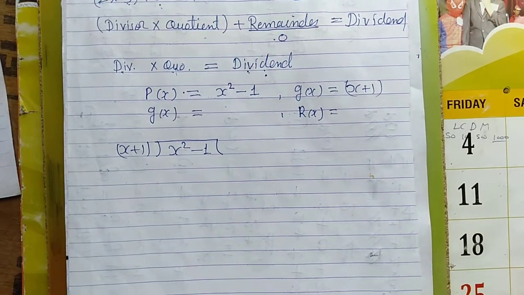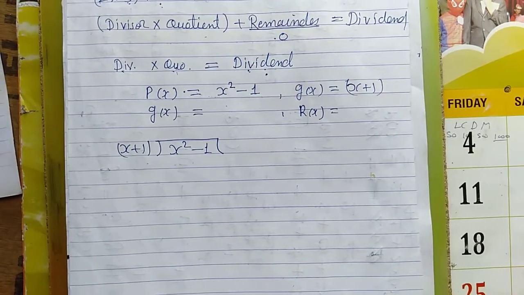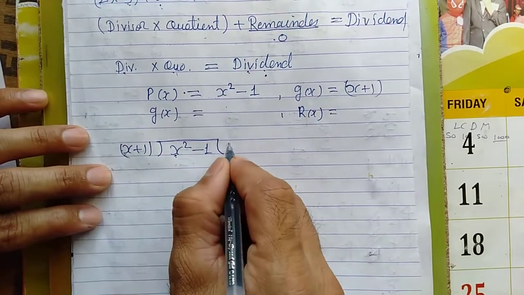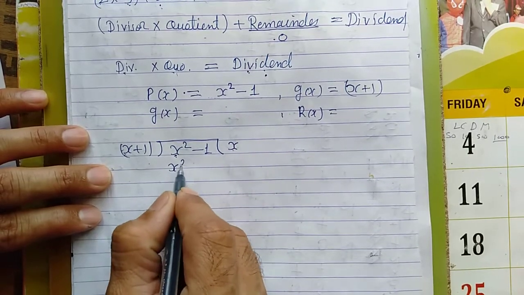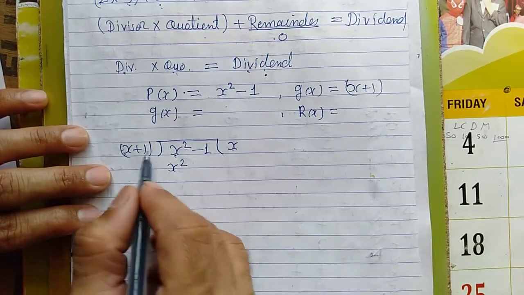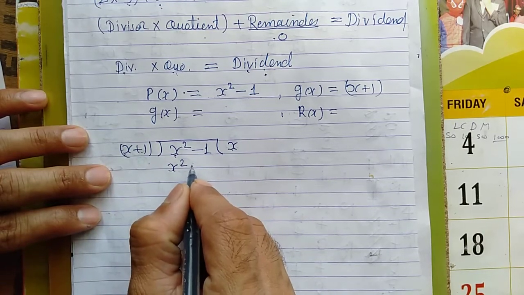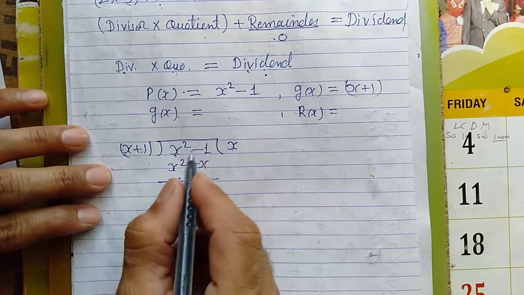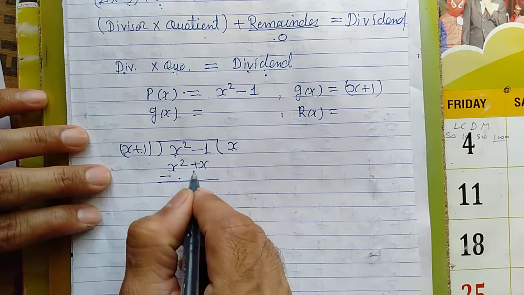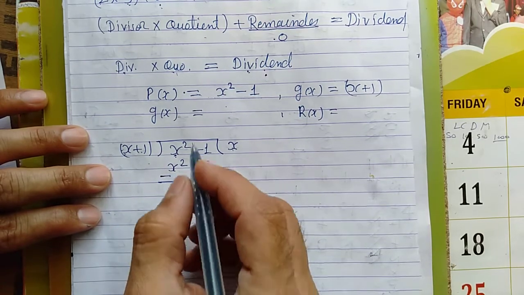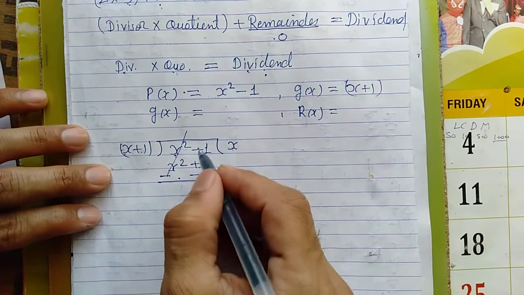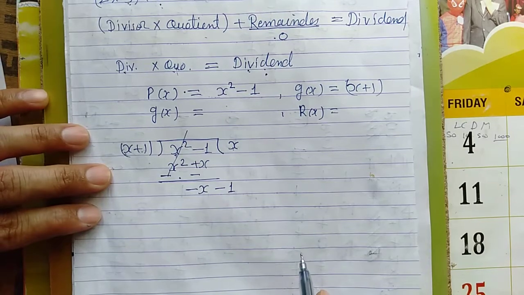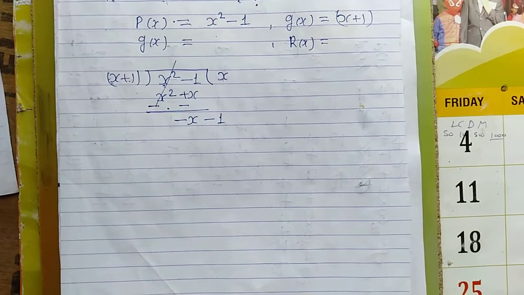When we divide this, what will come and how to divide? We want x square, so by what will we multiply? By x. x multiplied by x equals x square according to the rule, and x multiplied by 1 is equal to plus x. So plus x will come. Draw a line and change the signs. So here minus, and here minus. This cancels, plus and minus. Now what is left? These are not like terms, so we have to bring down as it is: minus x and minus 1.